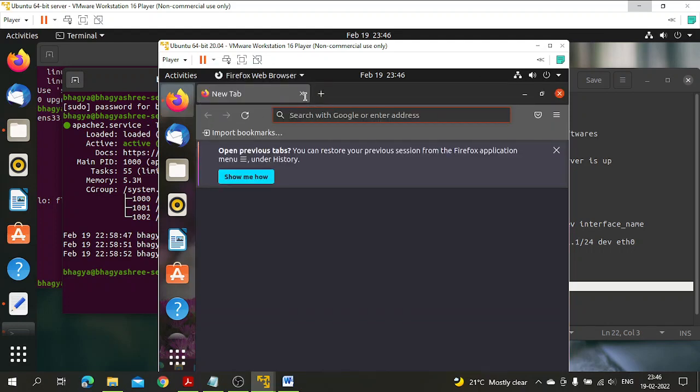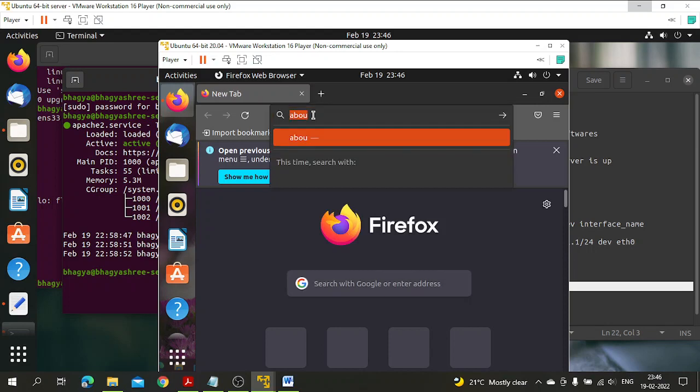Okay, so in the Firefox browser, type about, it's still loading,